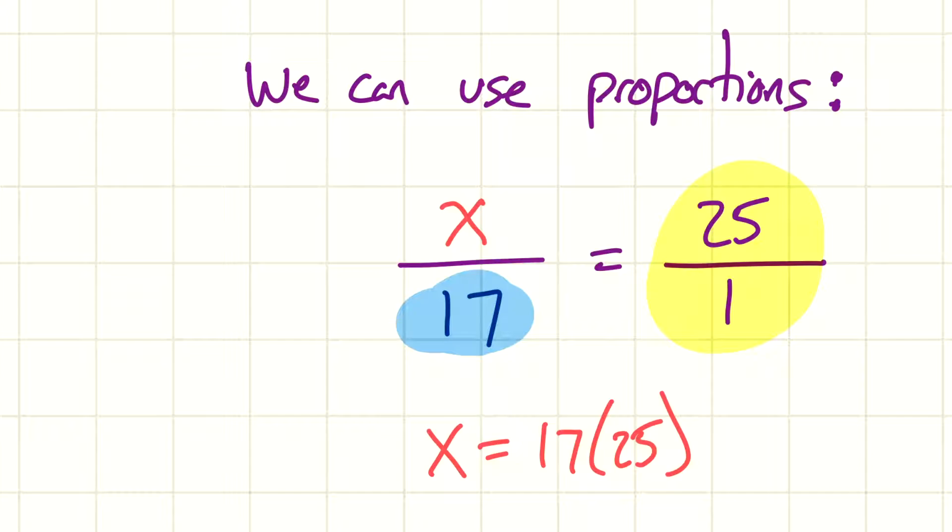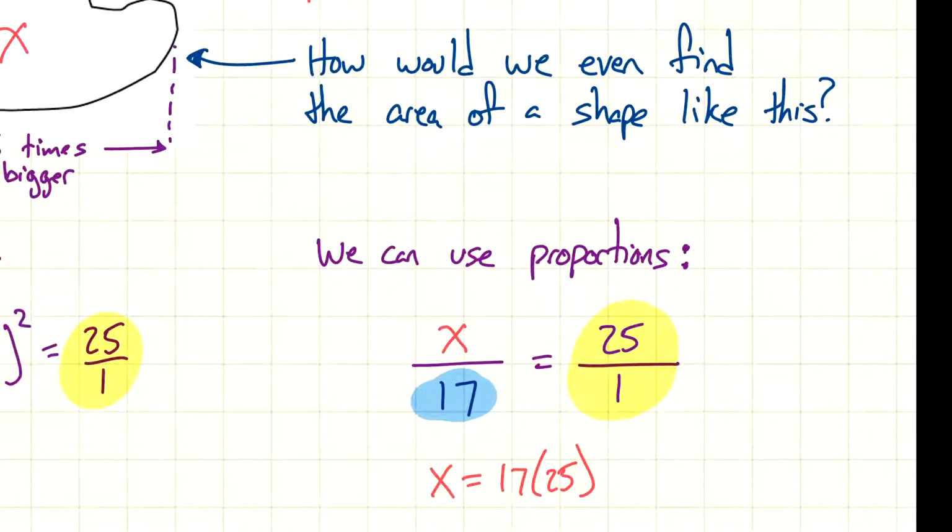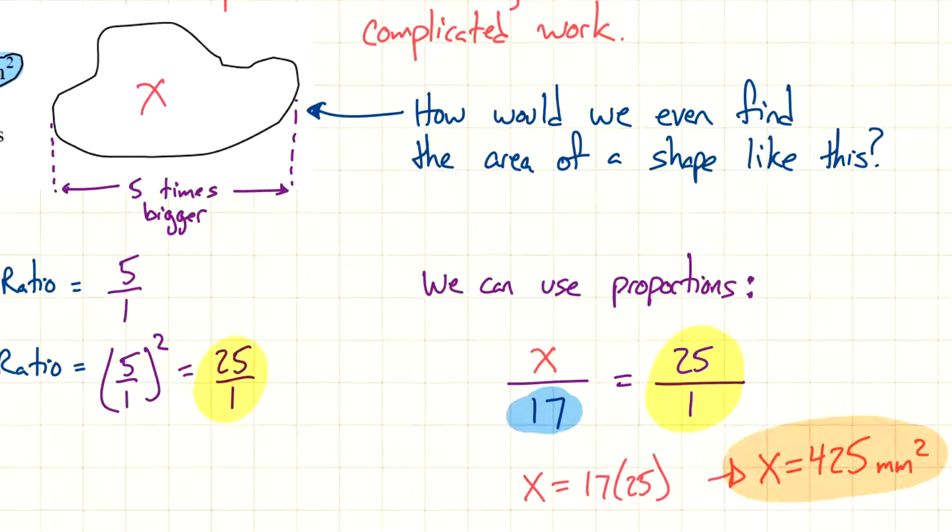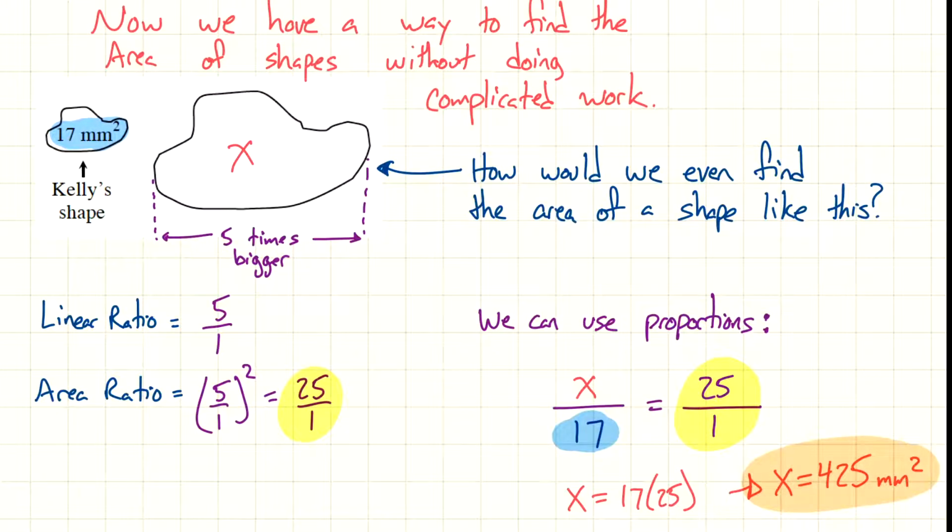So 17 times 25 gives us, let me write it over here, x equals 425. This is area, so we're going to do millimeters squared. So we figured out the area of that odd looking shape,